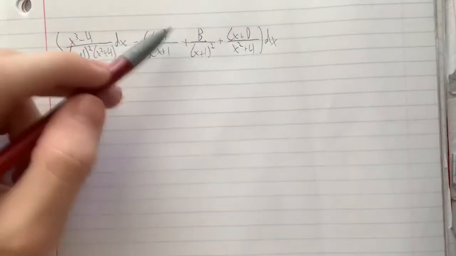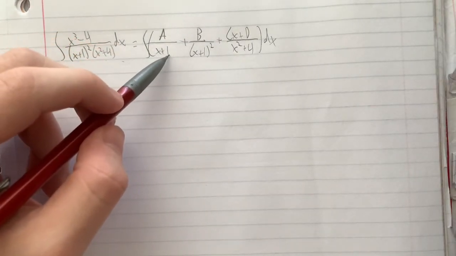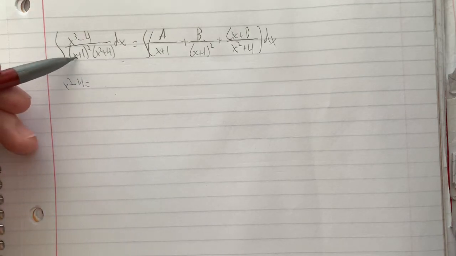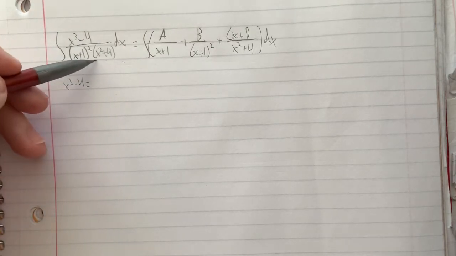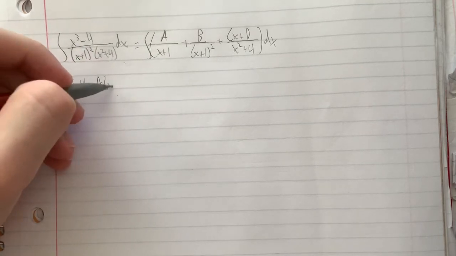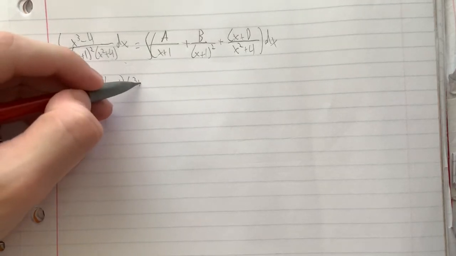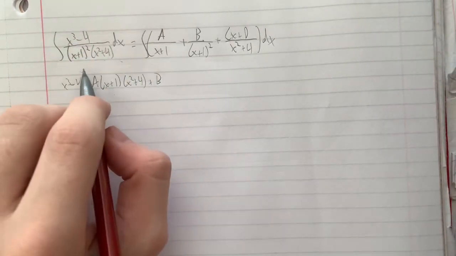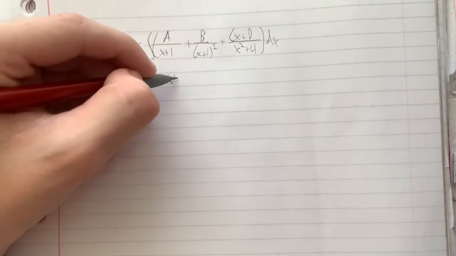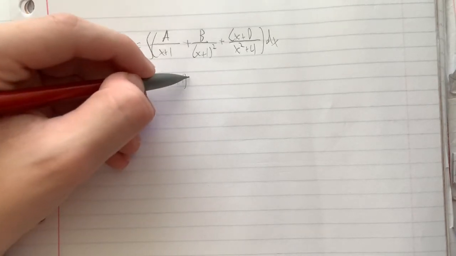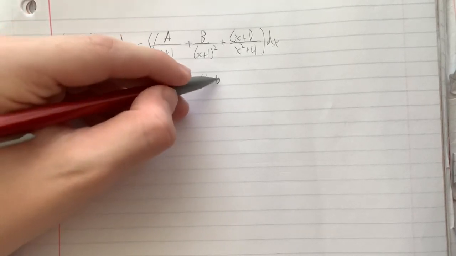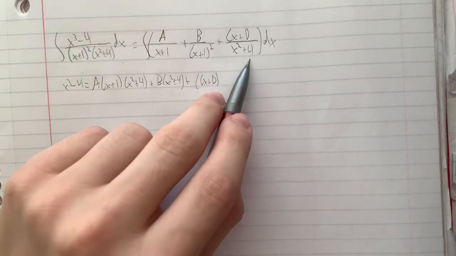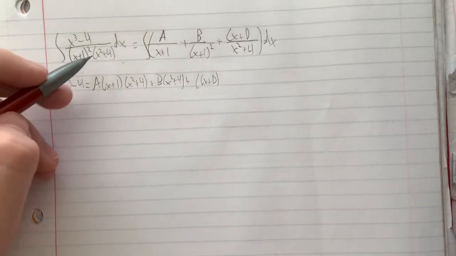Now, if we were combining these all into one, what will we need to multiply this denominator by in order to get this denominator? Well, we still need another factor of x plus 1, and we still need to multiply by x squared plus 4. So this is going to be a times x plus 1 times x squared plus 4. Then b already has two factors of x plus 1, so we'd only need to multiply by x squared plus 4. And then cx plus d, this fraction already has a factor of x squared plus 4 in the denominator, so all we need to do is multiply by x plus 1